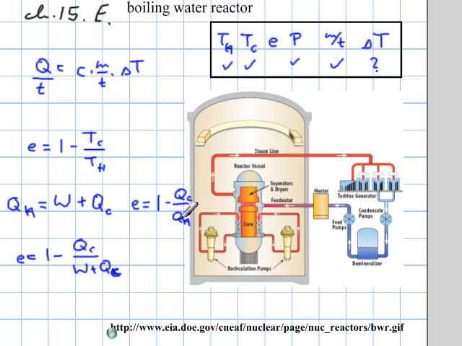Because once I plug this in here for the QH, I come up with this here, work plus QC, and now of course I have this variable here, and that work here that is being done is of course the power output of the plant, respectively